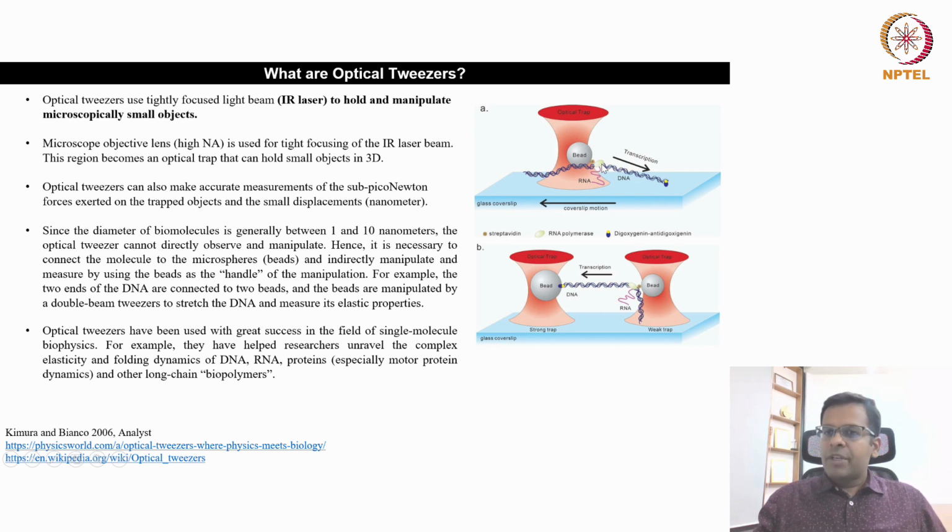Now this RNA polymerase is doing transcription on this DNA, so it has to move from this place. It will apply a certain level of force on the bead, and it will move the bead out of the central axis of this optical trap. Now this optical trap works like a spring. The more the bead tries to go away from the center of the beam, the more the trap will try to pull it back. So the bead will be attracted towards the center of the optical trap.